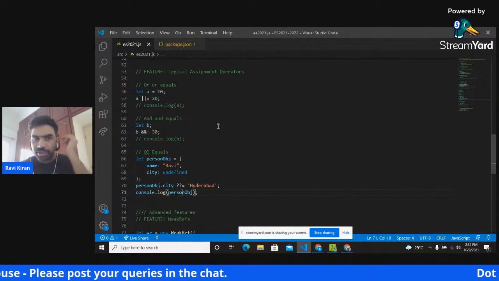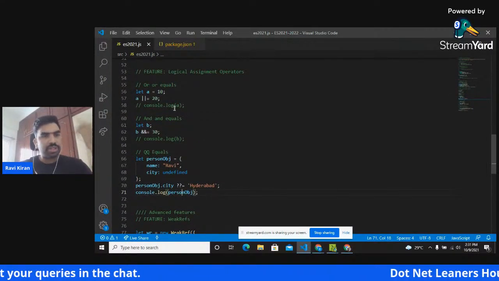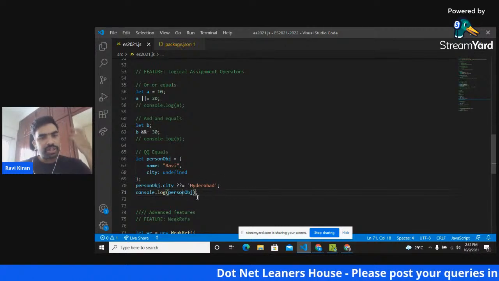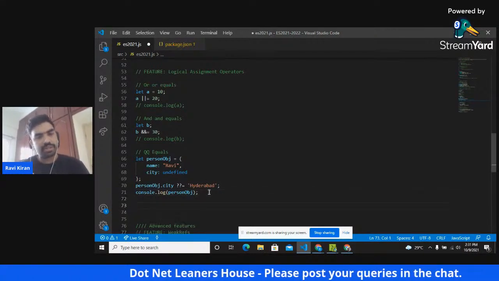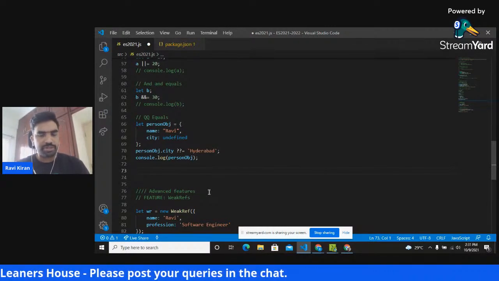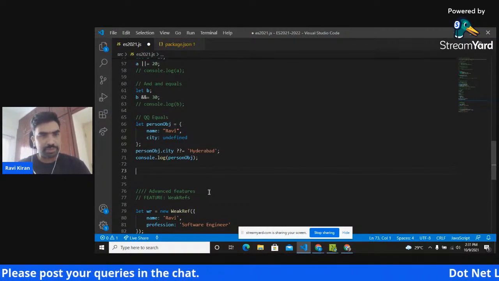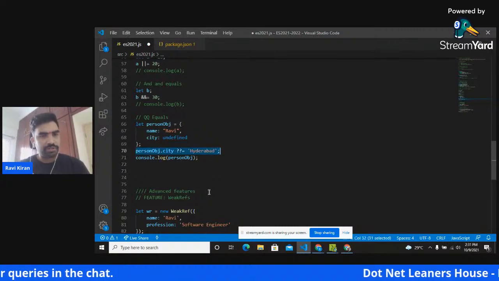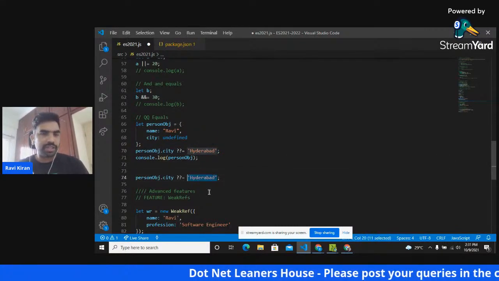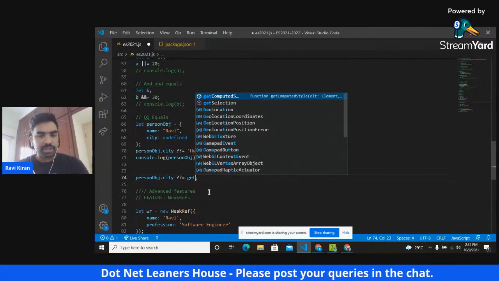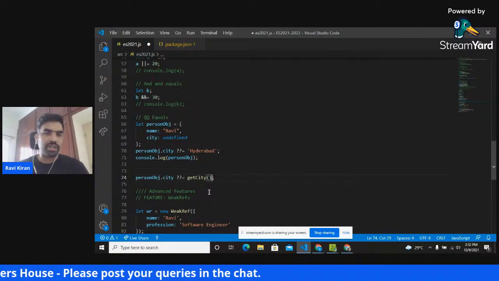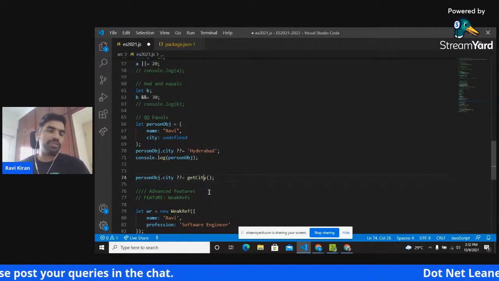Now, the good thing about these three operators is, say you are writing a function on the right side. I'm just going to write some code which is obviously not going to work, it is only for explanation. Say I have the same statement over here, and instead of assigning a hardcoded value, I say getCity, probably the function getCity exists somewhere, and I'm going to call it to assign the value of city.